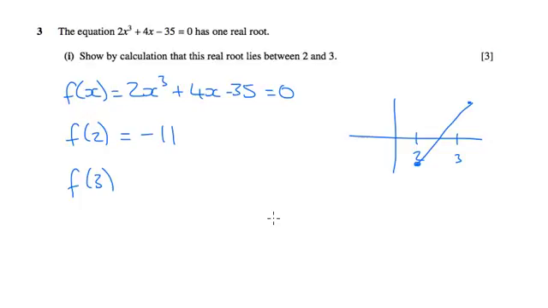Now I can press 3 and equals, and all I have to do is then press up on my calculator, and it's now going to work that same calculation out as it did before, but with the 3 instead of the 2. So I just have to press up and then equals again, and that now comes out at 31. So one of the answers is below the x-axis and one is above the x-axis, and because of this sign change,